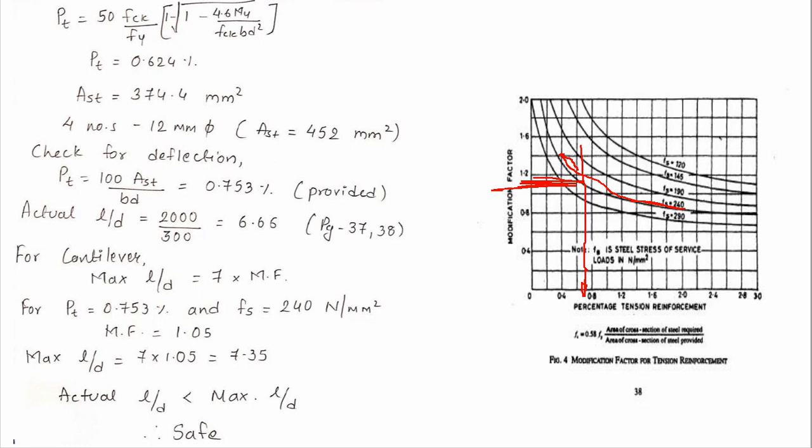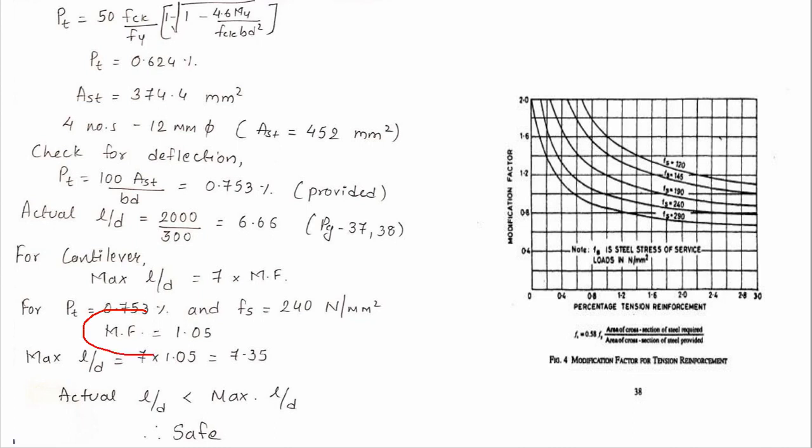This answer can be different for all the students, so it is not mandatory to get the exact answer, because we are just relating, or equating, two things: the actual L by D and the L by D that we get from the equation. This value is 0.8, this value is 1.2, and this value will be 1. So we are getting an answer between 1 and 1.2, somewhere around here. We'll take it as 1.05. It is just an assumption from our naked eye. You can take this value as 1.1 also, or 1.15 also. There is nothing to worry about. The final answer will always be the same.